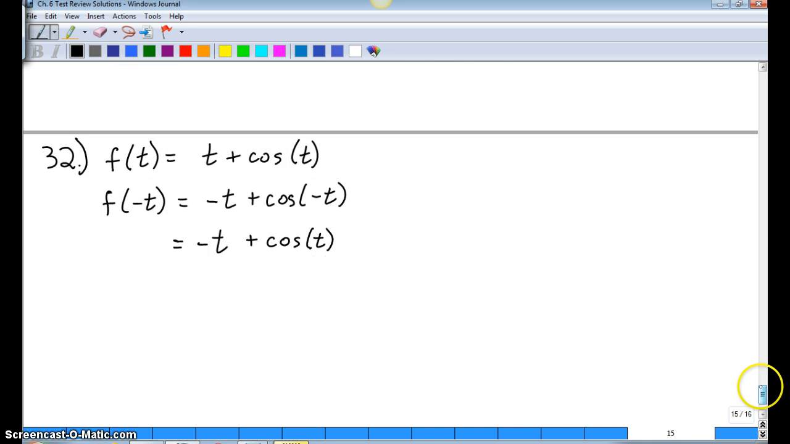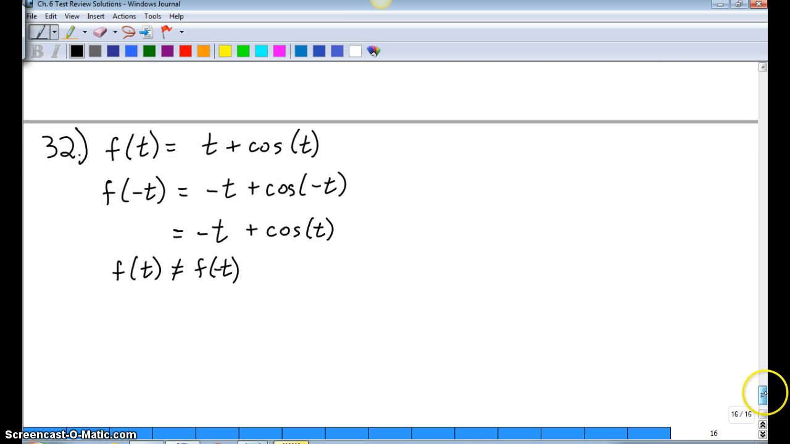What that means is my f of negative t doesn't equal f of t, right? Because f of t has a positive t here. It does match in the cosine side of things. Cosine ends up being cosine, but t ends up being negative t. So f of t does not equal f of negative t. What that means is that we are neither. It also does not equal negative